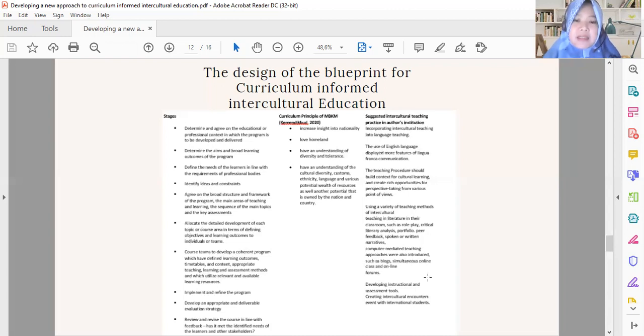And then developing instructional and assessment tools for intercultural education, and then creating intercultural encounter events with international students, such as making a communicative event in which our students can communicate directly with other people from different cultures. And technology will be very helpful to support these kinds of activity.